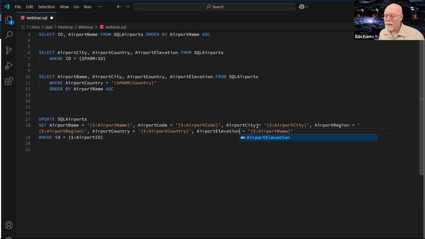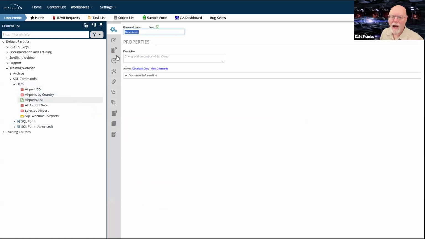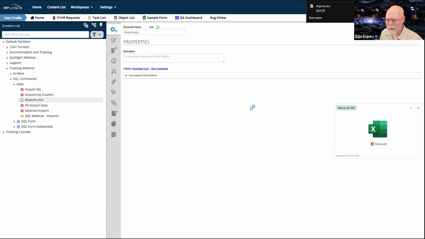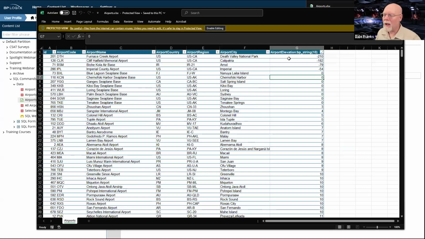I don't remember off the top of my head if airport elevation is a numeric field or not. I think it is, but I'm not sure. So we're going to have to check and see how I created that. So we're going to go back to my original Excel spreadsheet, and we're going to look at that airport elevation column and see whether I made it a string or text.